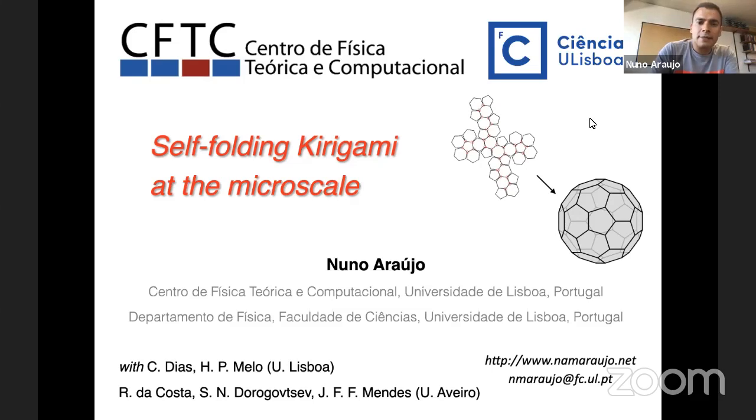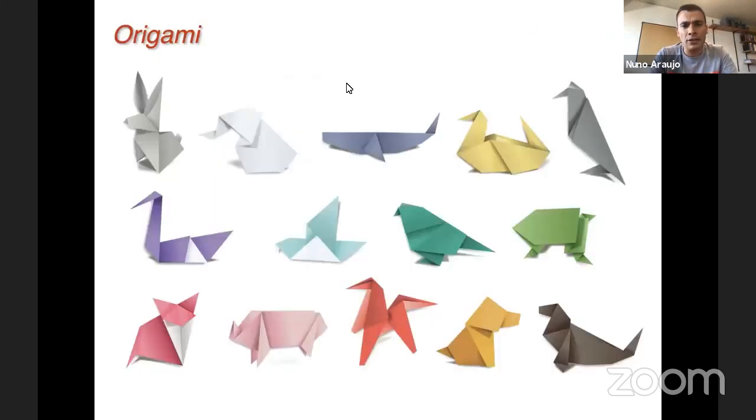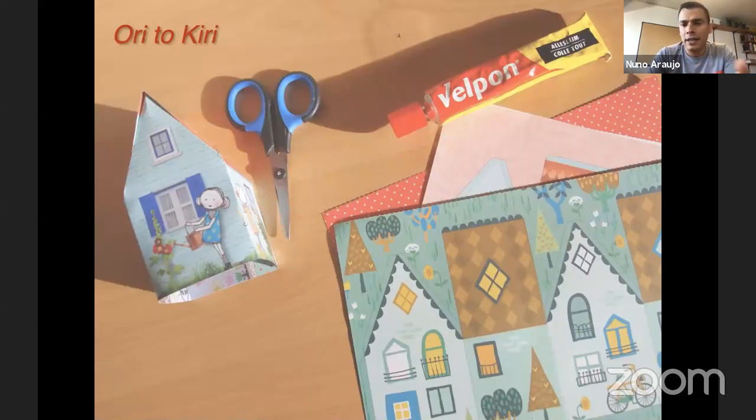So for that, let me start by talking about origami. That is probably a concept that you are more familiar with. This is a Japanese art where the idea is to start with a sheet of paper and then fold it in a certain way in order to obtain a three-dimensional structure. Here I'm just showing you some examples of structures that resemble animals that were obtained by folding a sheet of paper. If now, besides folding, you are allowed to cut and to glue, this is what we call Kirigami,